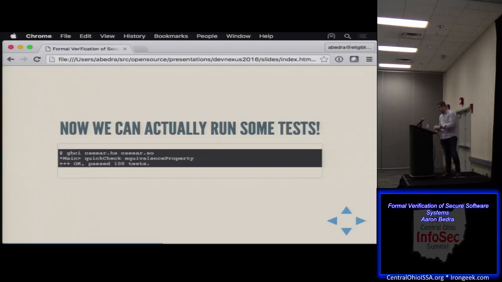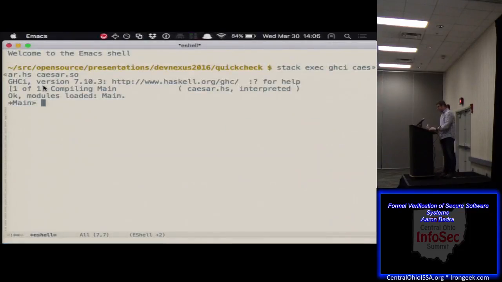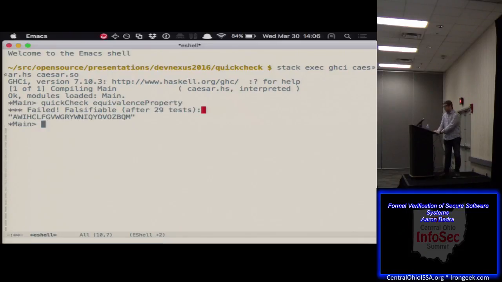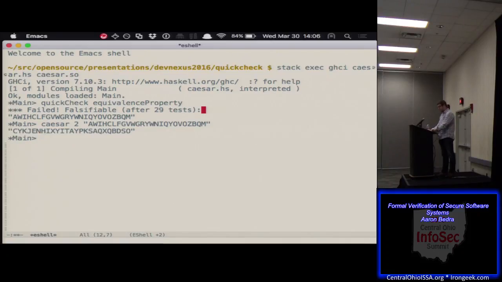What I want to show you then is what happens if we run that with our current buggy code. So right now what I have is a failure. 29 tests in, this plain text produced a different value in both cases. So what I would do is call my Caesar function with a shift of 2, and I grab that input. And I see this,